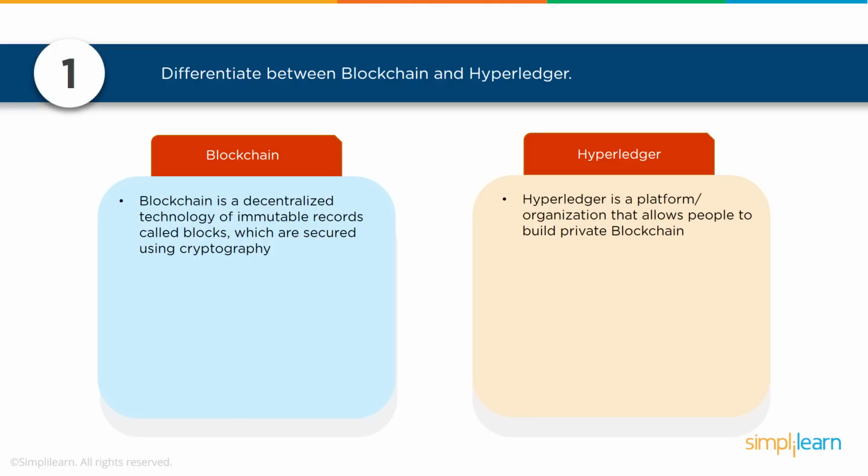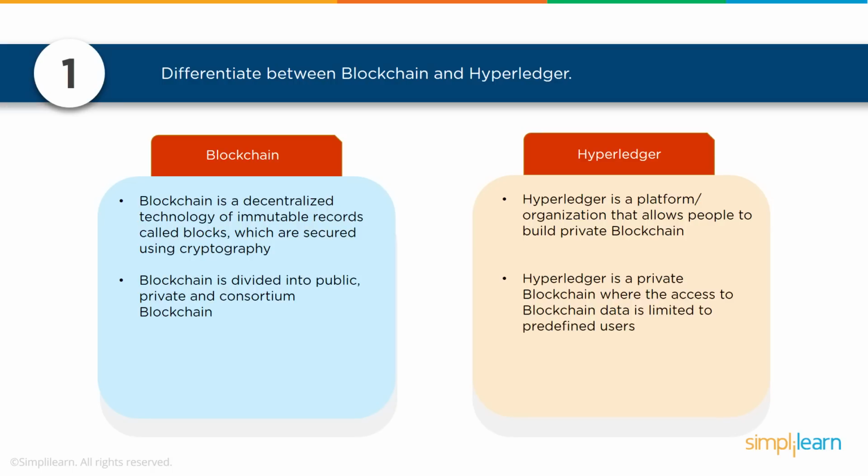One of the questions you could be asked is, what is the difference between blockchain and Hyperledger? Blockchain is basically the underlying concept. Blockchain is a decentralized technology of immutable records called blocks, which are secured using cryptography. Whereas Hyperledger is a platform or an organization that allows people to build private blockchains. Blockchain is a concept, a technology. Using blockchain, you can build public and private blockchains, but Hyperledger is a specific technology which allows you to build